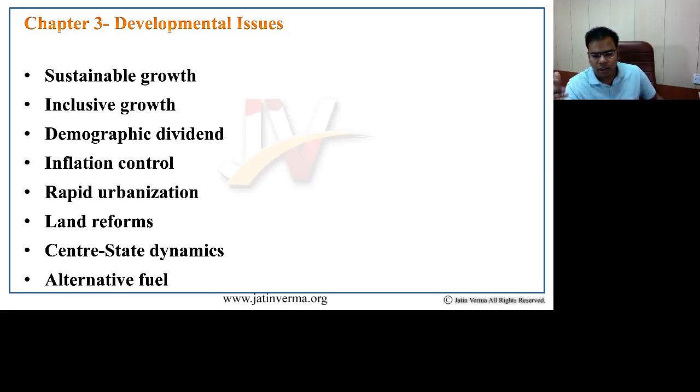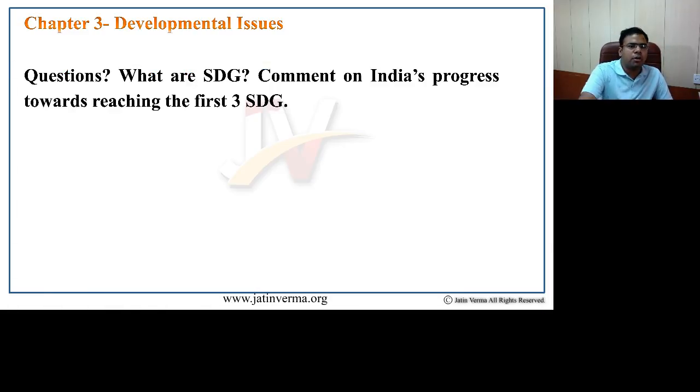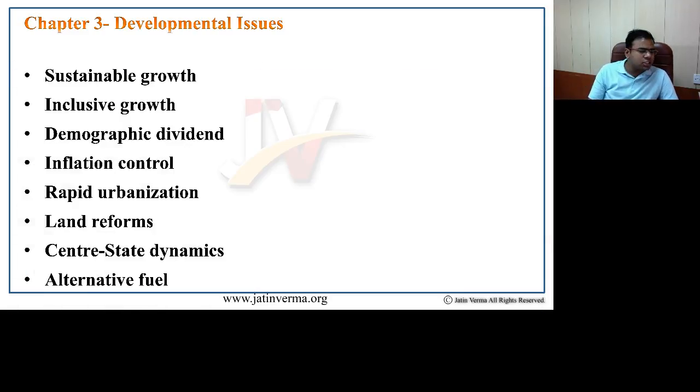However, challenges remain when it comes to alternative fuel because there is what we call inertia in terms of adaptation. The cost is high, the related technologies are not well developed, and henceforward alternative fuel becomes a problem when it comes to adoption and its steady increase in the share of electricity generation in India. We can always talk about other developmental issues as well, and I request the viewers to please write about other issues that you think are a hindrance to the development process in India.